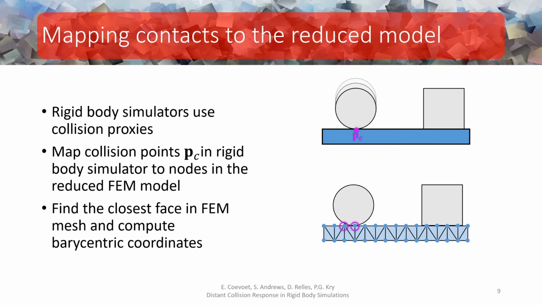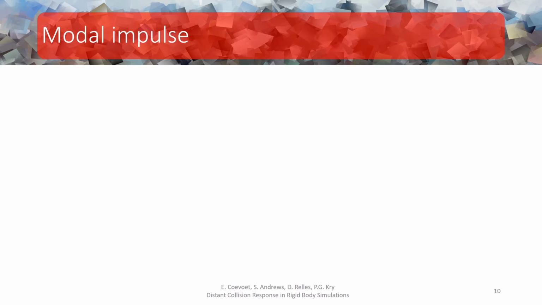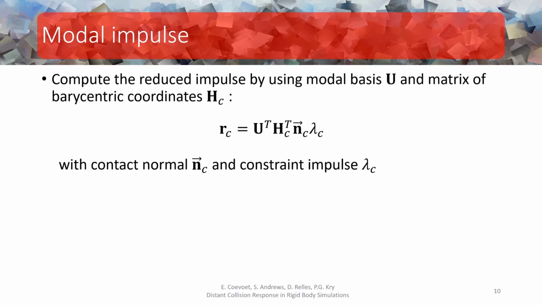We query a copy of the mesh containing only surface nodes, in other words, a triangle mesh, and this results in the barycentric weights that give the contact point in terms of the FEM nodal coordinates. With barycentric weights in hand, we transform the impacting collision impulse from the rigid body simulation to the reduced elastic model. The non-interpenetration impulse lambda that results from the collision is retrieved from the constraint solver and mapped to the reduced elastic model using a matrix of barycentric weights and the modal basis matrix. This gives a force, or rather an impulse, acting on the reduced model that we can use to compute a dynamic response in each mode due to the loading.